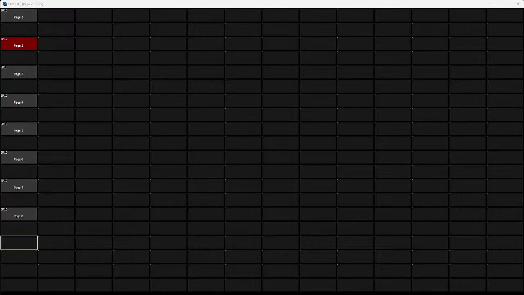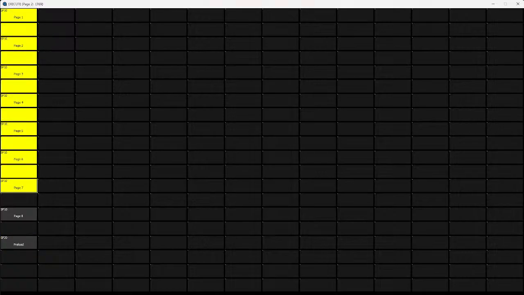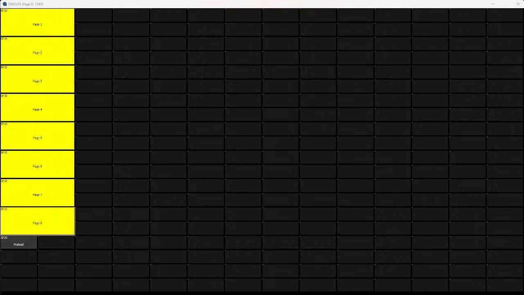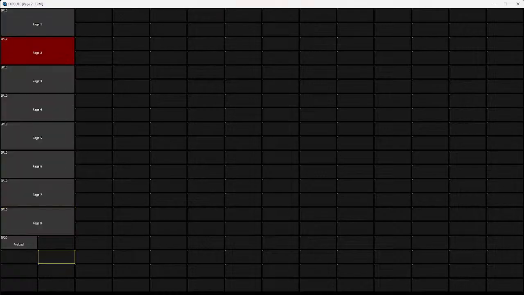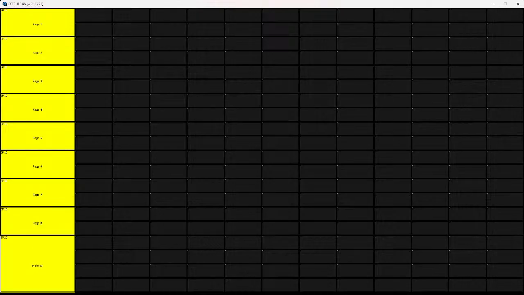So I'm going to go here. There it is. So now what we can do is I'll pick these, make these too wide, high, and too wide. And then this preload button can be pretty big. So we go boom, boom, boom, boom, and make it too wide. And there's that. So what we could do here is I can go here, go to copy, and I go